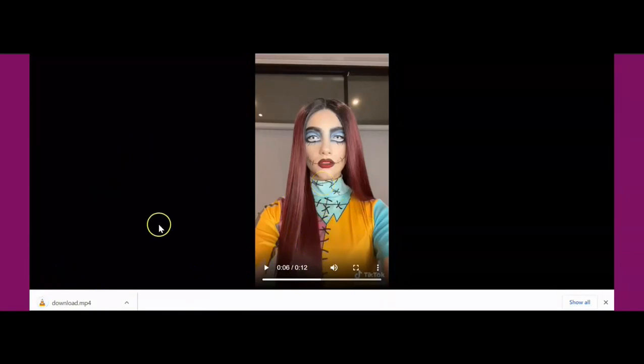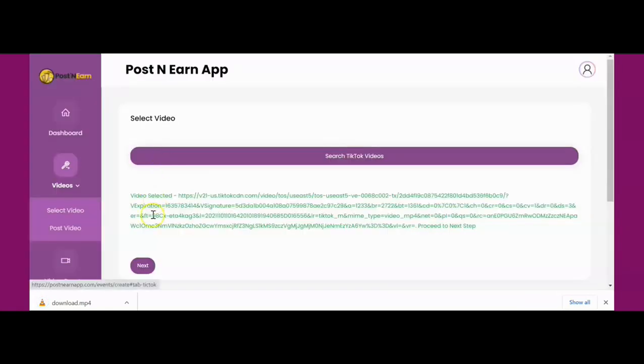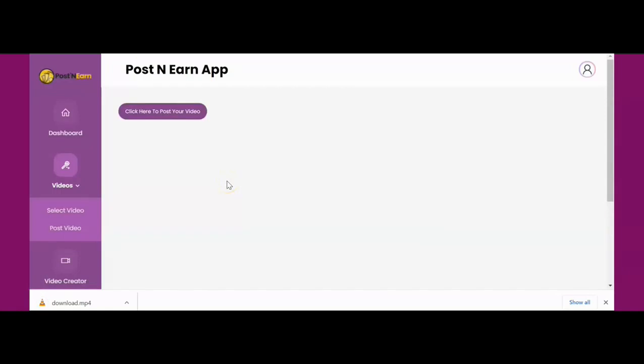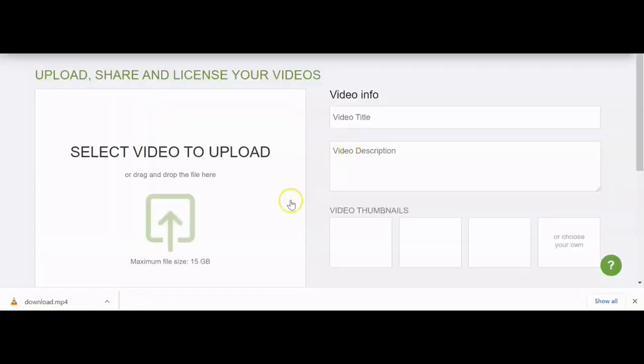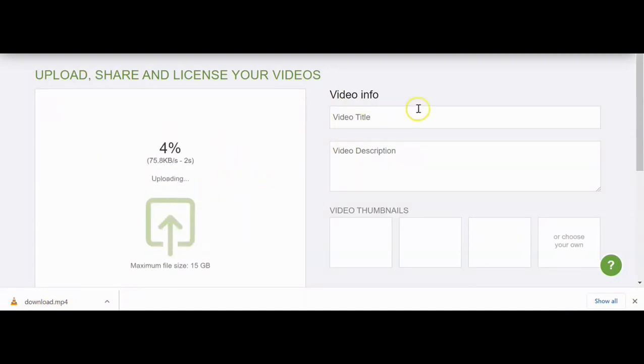So I've downloaded that, and the next thing is to go back to our app and click on the next button. So once you click on the next button, you need to click here to post your video. So the next thing is to upload the downloaded video. So I'm just going to drag and drop this one here. Can you see why it's uploading? So yeah, I can just say